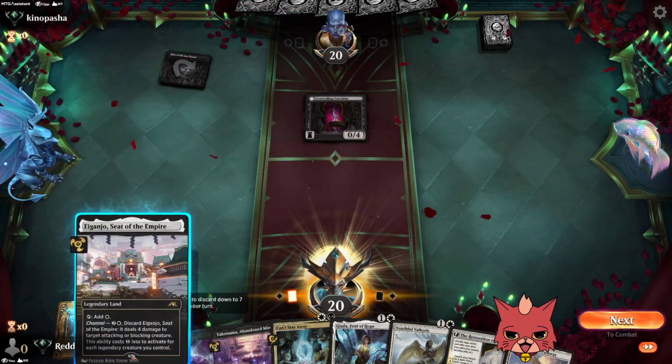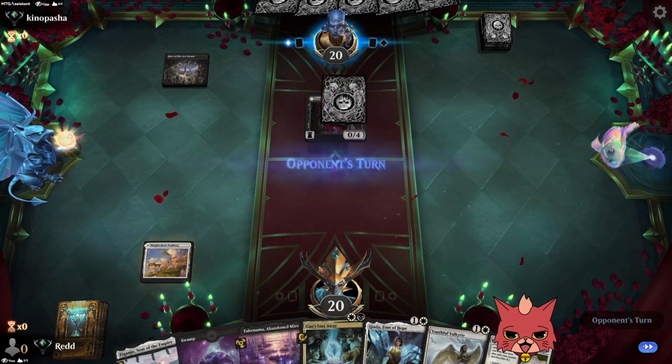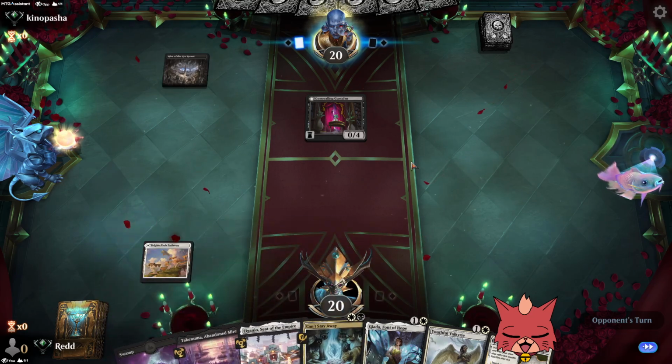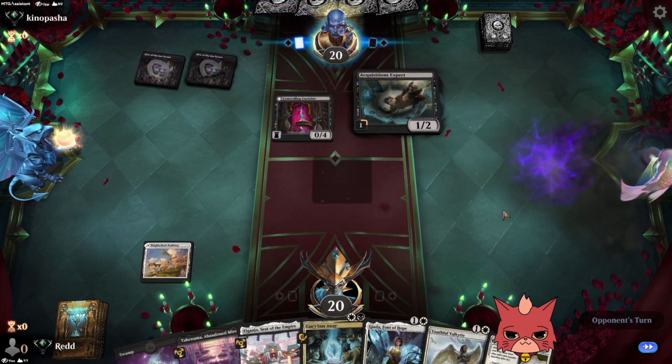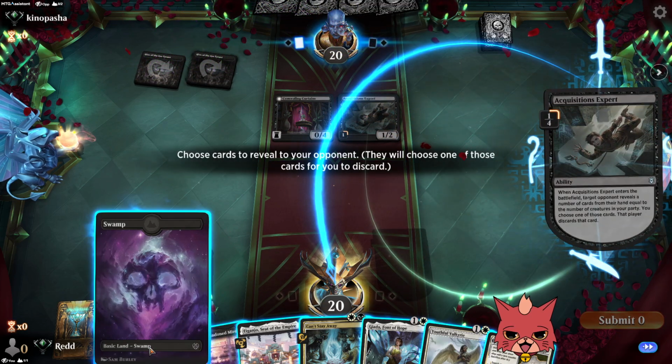I had to think a second, like, okay, yeah, so we got the Pathway. I had to think for a second about the Seat of the Empire and everything. Like, do I have the mana for everything in my hand? But the answer was yes. Oh, Acquisitions Expert. Well, I think we'll go ahead and let them...